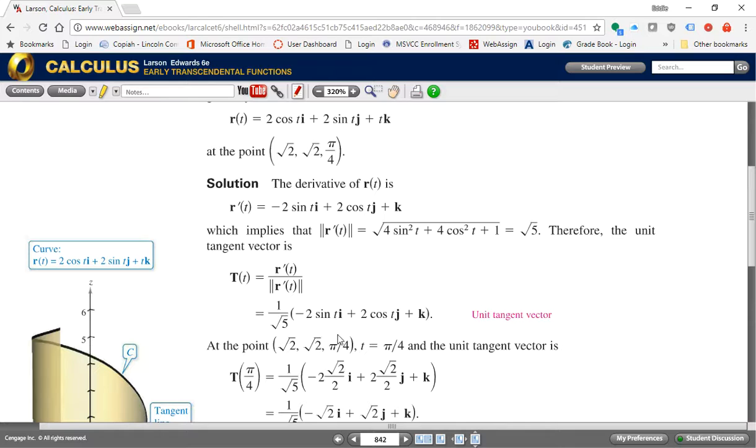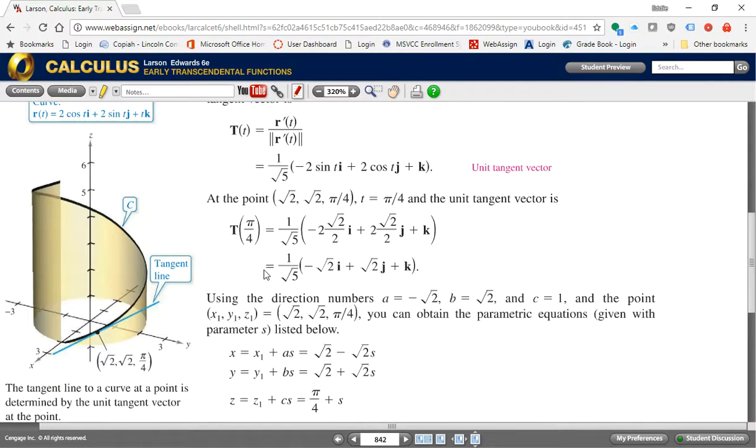Yes. And so if we plug it in here, and then there's nothing to plug in there. The sine of pi over 4 is square root of 2 over 2. Cosine of pi over 4 is square root of 2 over 2. Of course, those 2's cancel out. And we're left with this. This is our unit tangent vector evaluated at this point. And this says using the direction numbers, a equals negative square root of 2, b equals square root of 2, and c equals 1,